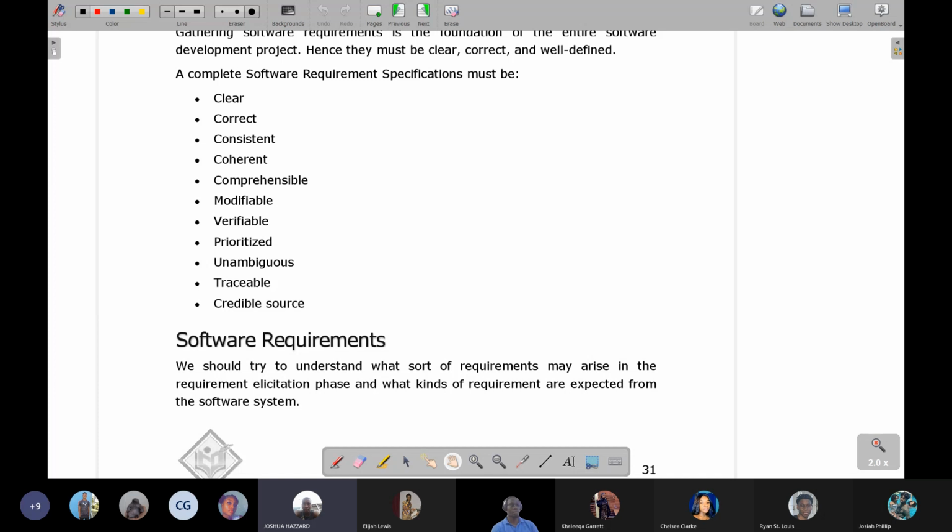For exams, you've asked us to define all these terms. Well, they might ask you what are the characteristics of a requirement specification. You can say, right, in terms of a requirement specification, it should be modifiable, right? Or it should provide some sort of priority for the different requirements on it. And you can just say what it is. So yeah, to an extent you have to be able to at least discuss this in the way that we have discussed this here, right? But they're not going to ask you for all of these. They might just ask you what is a requirement specification, and you are going to be able to say a